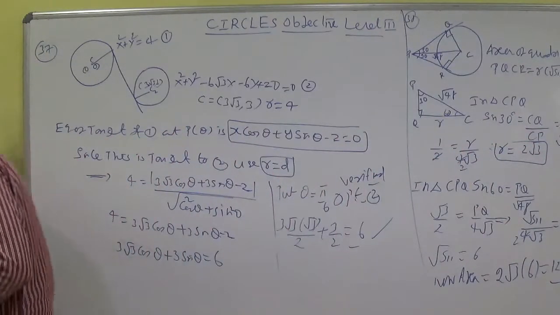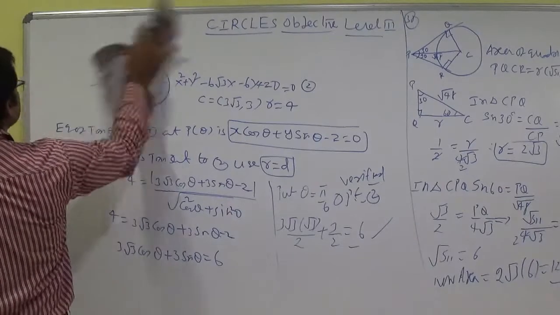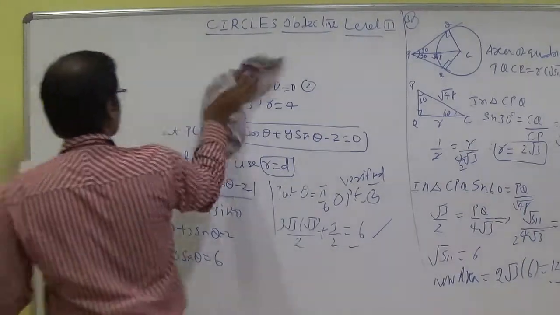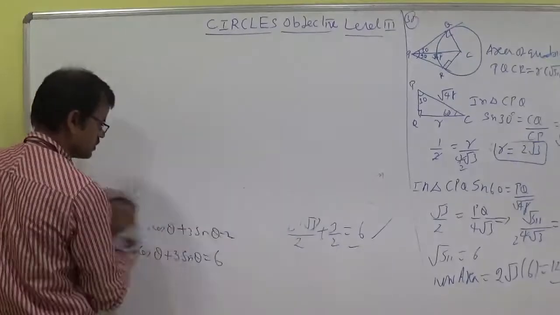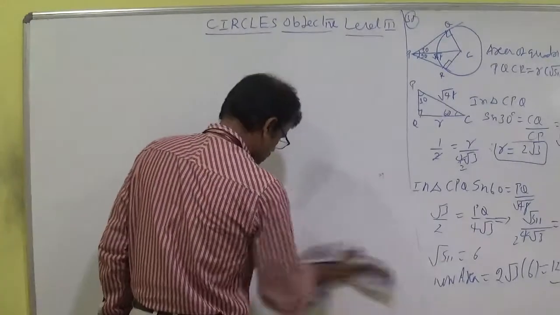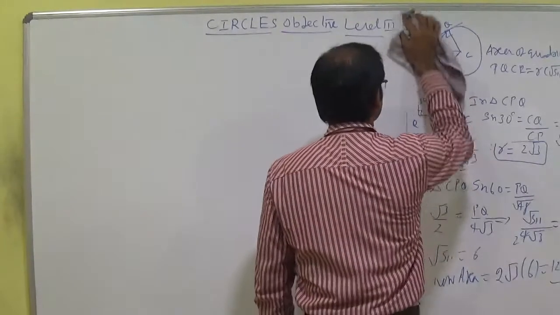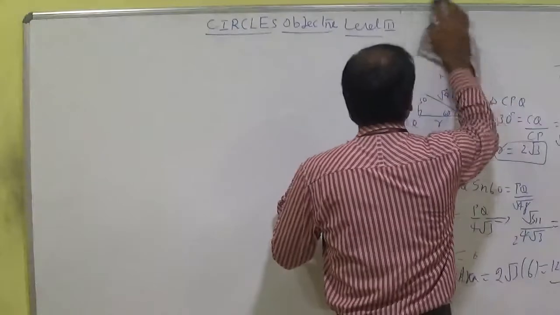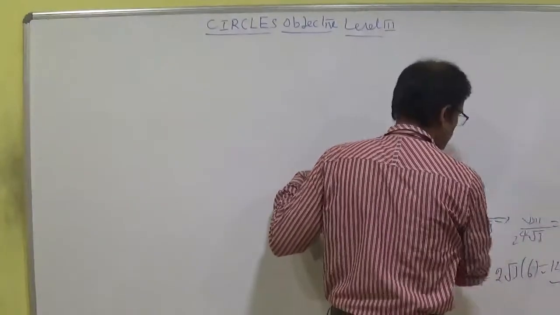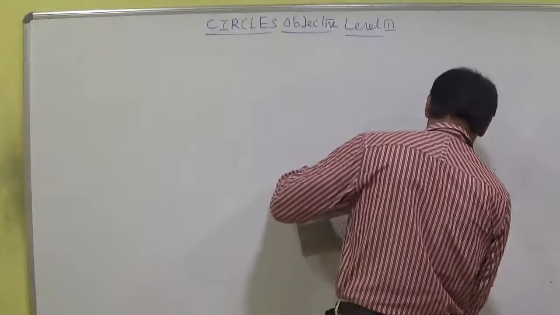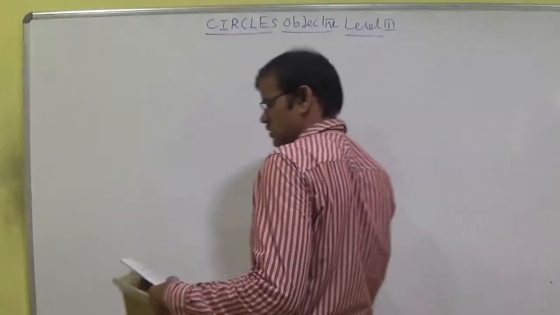Let us discuss the 38th question. Let f of x comma y equal to 0. Whenever f of x comma y equal to 0 is given, it can be said that it is an implicit function. The equation of a circle is x square plus y square plus 2gx plus 2fy plus c equal to 0. It is notated as the implicit function f of x comma y equal to 0.